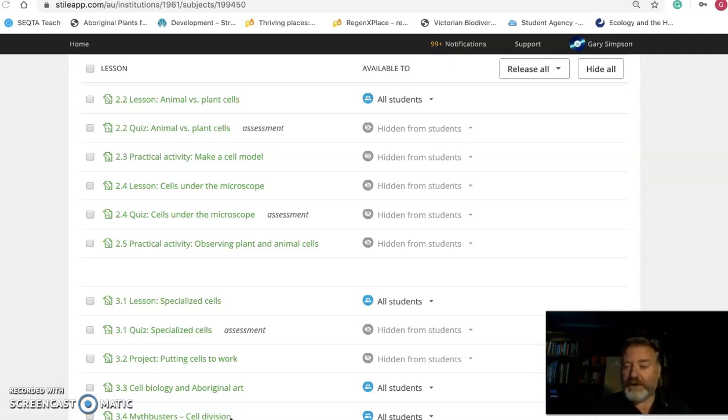But I'll try and find some interesting things online if I can that at least replicate what we try and do with it. Give you some data to work with, maybe. Anyway, for this week, it's all about cells still. And then once we've got our head around cells, we'll start looking at the immune system and how it keeps us safe and well. So, in the meantime, keep safe, keep well.